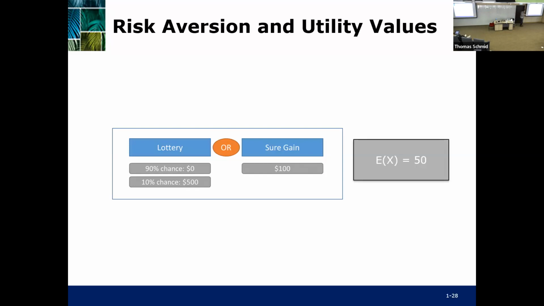So here, the expected return of the lottery is $50. So actually the risk premium is negative. What you get here is an expected return of $100, here an expected return of 50, so you have a negative risk premium. So our risk-averse investor would always say, I take the sure game, because there is no reward in terms of higher expected return for playing the lottery. The reward is in terms of higher expected return, of course not in terms of higher realized return,